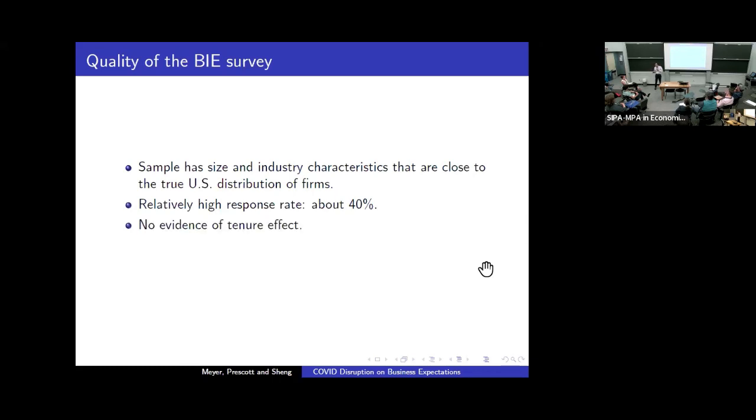Now, another concern you might have is this. We track the same firm over time. Would this firm learn over time, the so-called attenuation effect? We don't see it. There's no significant attenuation effect in terms of either forecast error or forecast uncertainty. So we interpret this as evidence that the firms really tell us what's going on with their unit costs, and the way we track the same firms over time does not bias their responses.